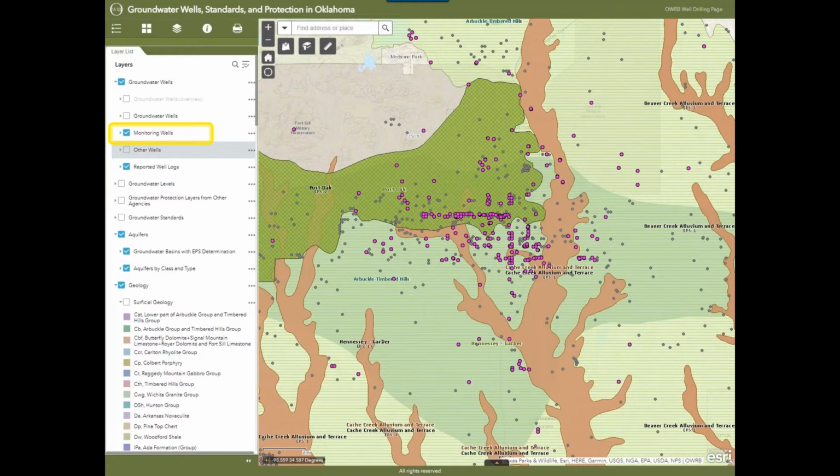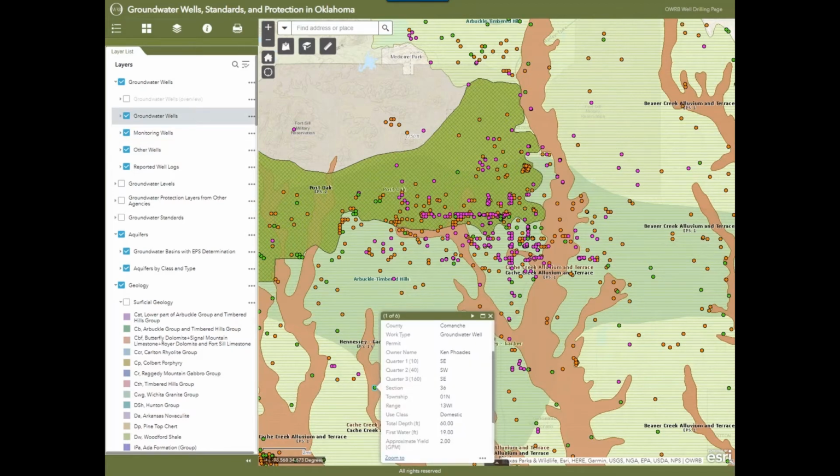Monitoring wells, I added in. These are most likely installed by the state. We install monitoring wells just to know the water quality and the water level over the long term. Like I installed some wells in the early 90s that we still measure today with telemetry. So it's continual measurements, and it helps us understand how the aquifer recovers during flooding and drought. One of these clusters could be at a site like a leaky underground storage tank or a landfill. It's there to monitor water levels. It's not being used as a water supply.